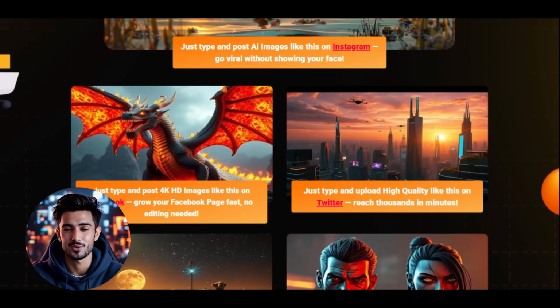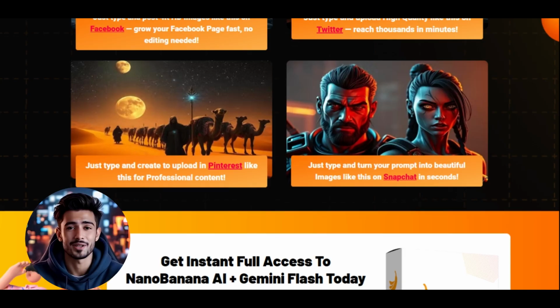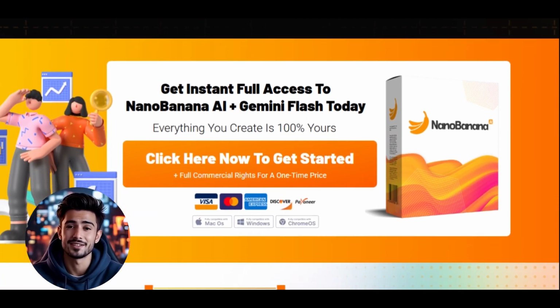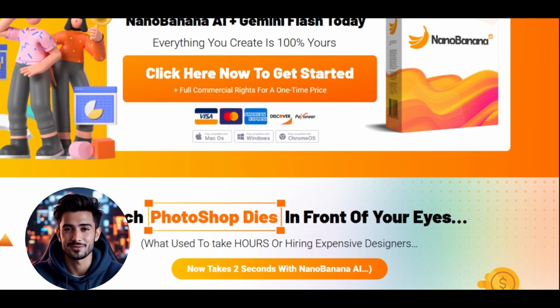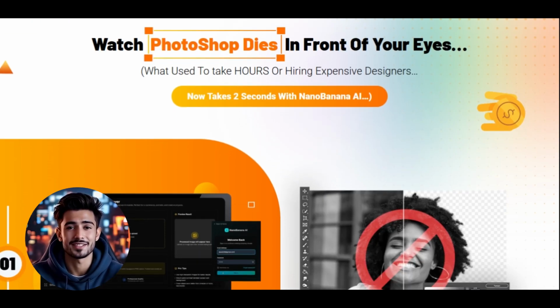What used to take hours or require expensive designers can now be done almost instantly. It allows you to create product shots, social media graphics, sketches, or even professional artwork in seconds. You can remove backgrounds, enhance blurry images, change character looks, swap styles, or add and remove elements, all with simple